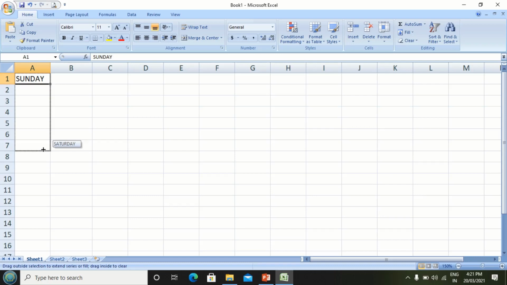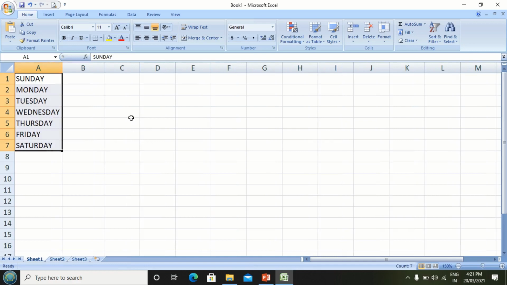The next days come up as you drag your mouse cursor downwards. Then release the left click of your mouse and see the series. Same way we can create the series for months also.